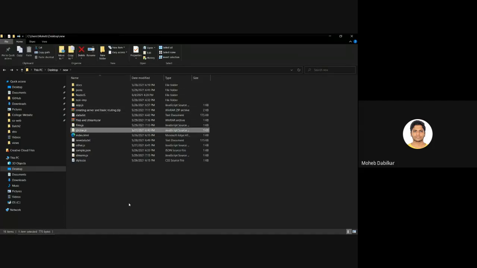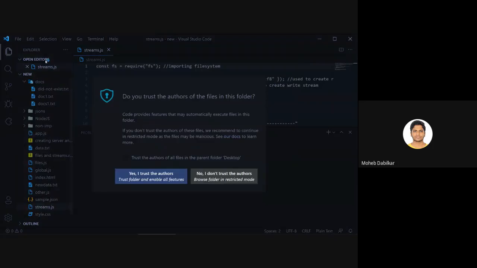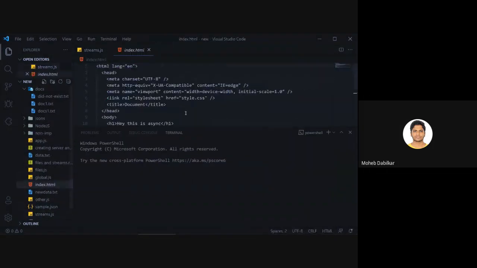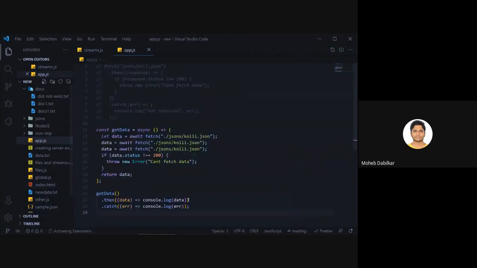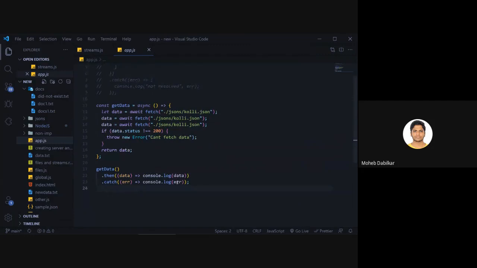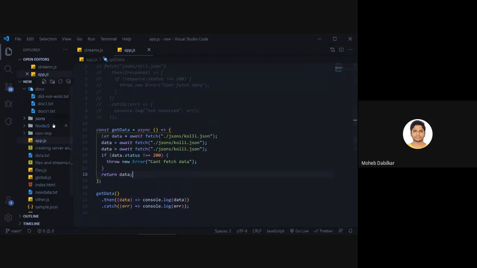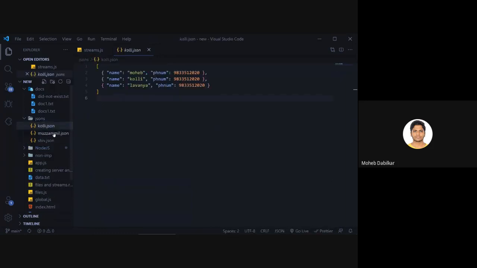Okay, let's just open this file right now over here. So we have src/app.js. Yes, you see we have this function right here. I have created this, and I came here specifically for these three JSONs.